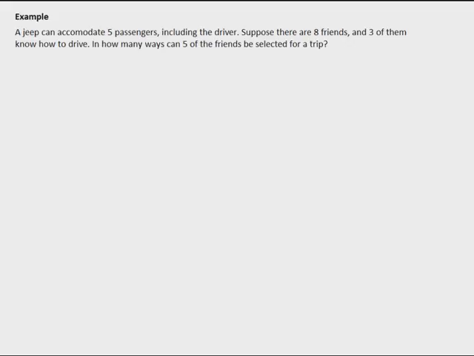Again, I can do this case-wise. Driver and others. So I could pick one driver and 4 other friends. Or I could pick 2 of the drivers and 3 other friends. Or I could pick all 3 of the drivers and 2 of the other friends. Now I've broken them down into situations that are handleable. The first case can be done in